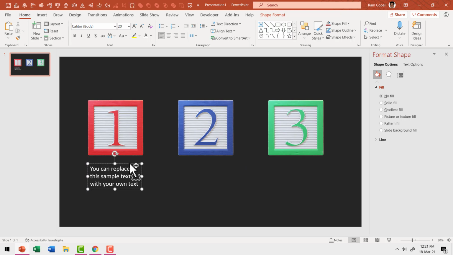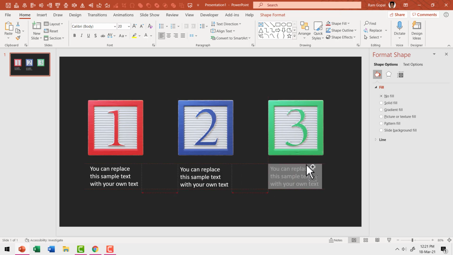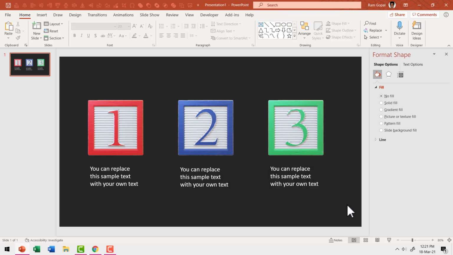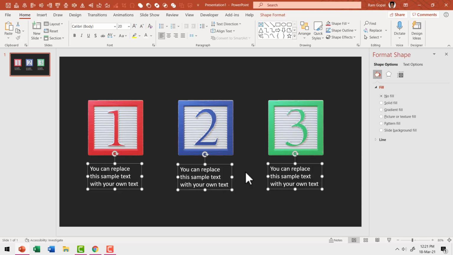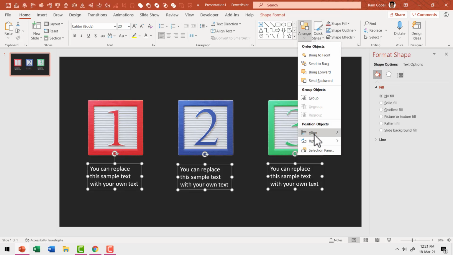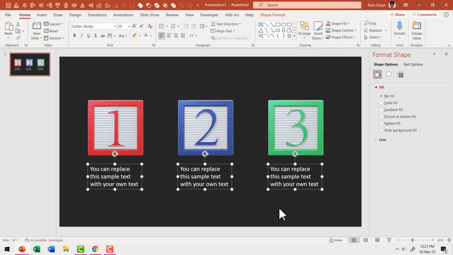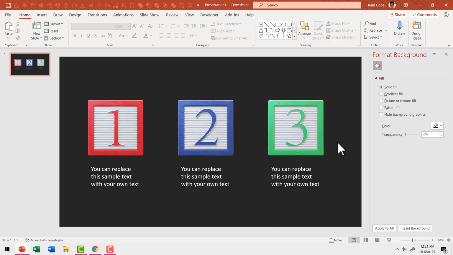Hold the Control button, click and drag to the new position. A copy is created and you can place it exactly where you want. Then hold the Control button again, click and drag it to the new position. Now we have got our 3 labels. So let us select all of them. Just for good order's sake, go to Arrange, Align and say Align Middle. Everything is proper. Now is the fun part of animating these objects.